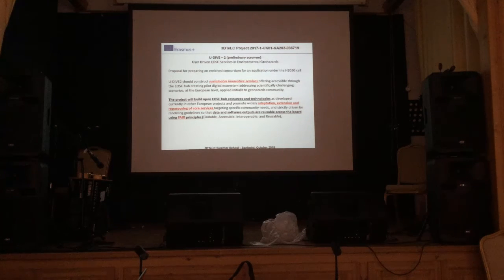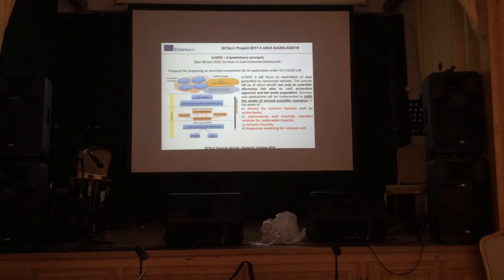We have to create services for the data. And for this reason, I go directly to the last slide. We have to think at different kinds of levels. There is the Geohazards community on the top level that has to create some knowledge for itself, but the data are not restricted for it, but must be open. Open means, for example, to civil protection agencies or other agencies like insurance. Because imagine that you want to build a house in a landslide movement zone.